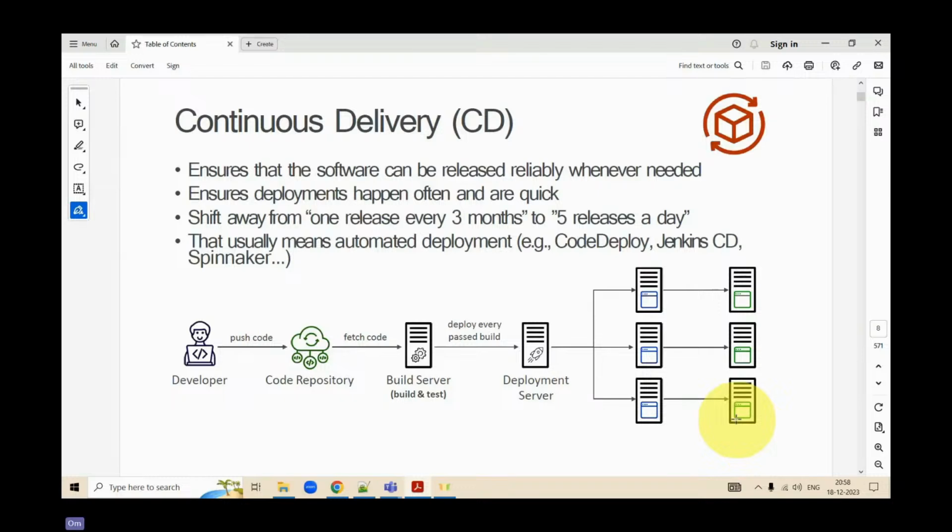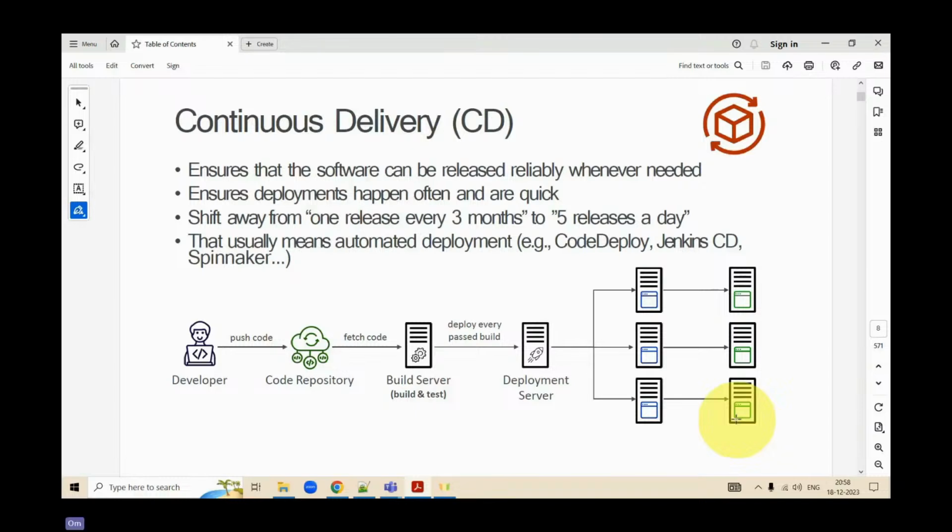Clear? Now, previously in an IT ecosystem, I think you're too young, but if you can relate to it, like 4 or 5 years before, or maybe 10 years before, what used to happen was that it took 3 to 5 months or even more to completely move a code from the development stage into a production stage. And generally there was a 5-day release. That means it took a week's time to deploy that code from one environment into another.